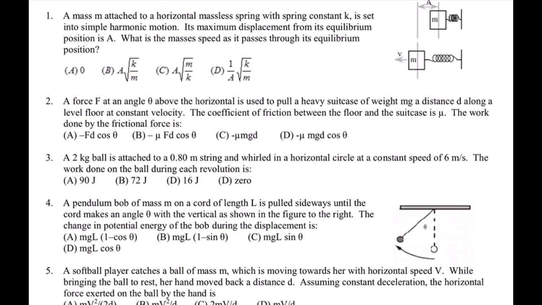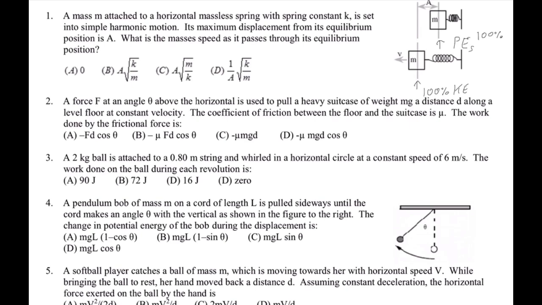Now, in simple harmonic motion, at maximum displacement, so the amplitude, the mass is at rest, so all the energy is stored as spring potential energy. I like denoting that as just potential energy spring, with just a little s. And at equilibrium, the spring isn't stretched nor is it compressed, so the potential energy is zero, and all the energy at that point is going to be kinetic. So all the energy here is going to be 100% kinetic. And then at the amplitude, it's going to be 100%